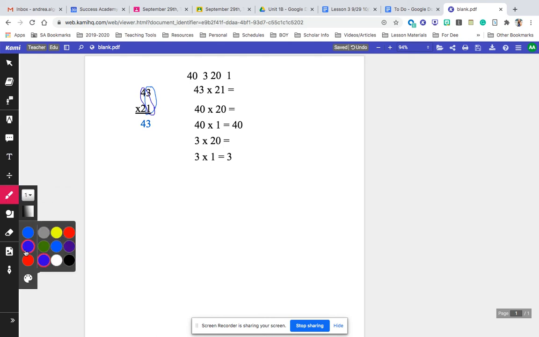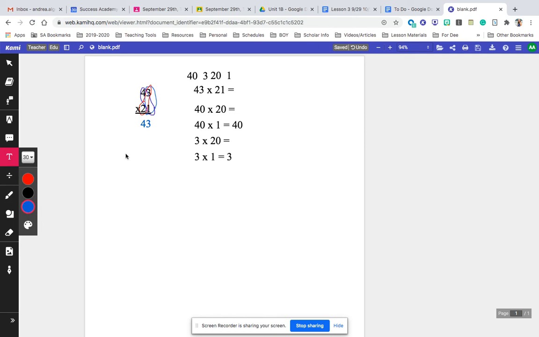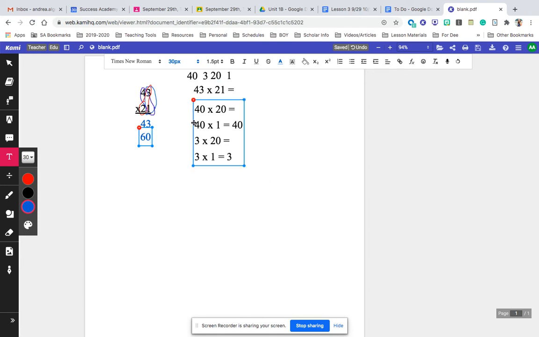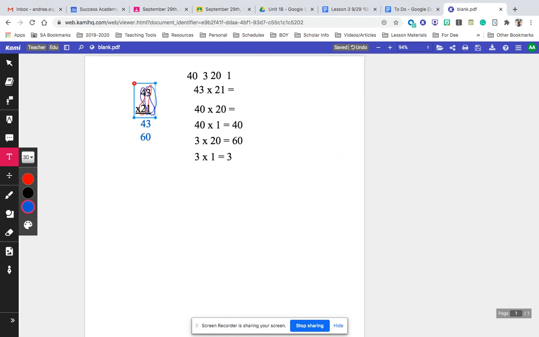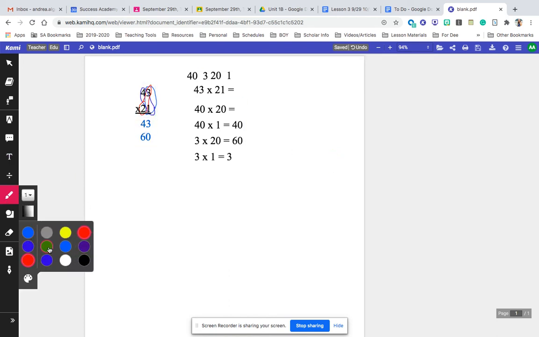Now let's look at the 2. So let's start with 2 times 3. Now I know that that 2 is actually a 20. So I'm really doing 20 times 3, which would be 60. And I'll put that down here underneath the 43. And over here, 3 times 20. Hey, look, 60, also in partial products world. How cool is that? Now, last but not least, I need to do 4 times 2, or 20 times 40,